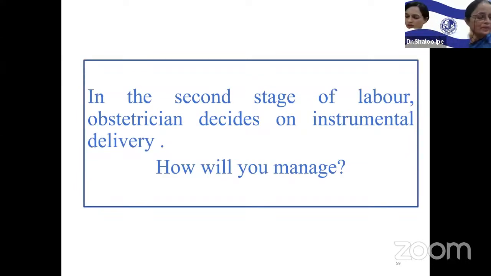Now, in the second stage of labor, your obstetrician has decided on an instrumental delivery. How are you going to manage the situation? So the late first stage and the second stage is considered to be the most painful period. So our goal is to provide adequate analgesia, but we have to maintain the ability to push for the delivery of the baby. So once the second stage begins, there is a perineal somatic pain. So we will give an additional top-up of the drug, usually in the propped up position, and the patient has to be maintained in that position for 5 to 10 minutes. This will relieve the perineal somatic pain in the second stage.